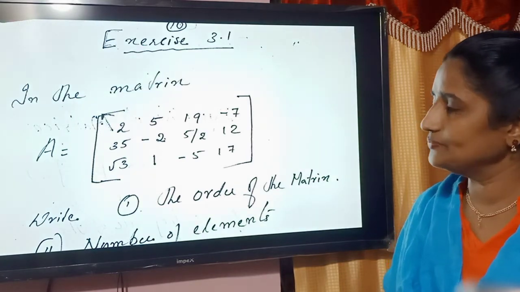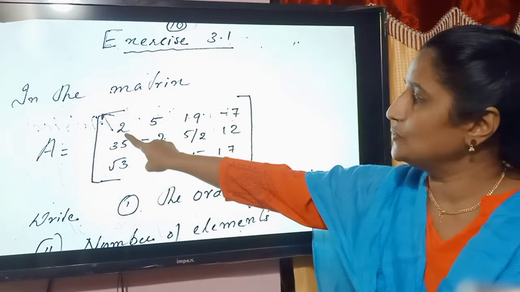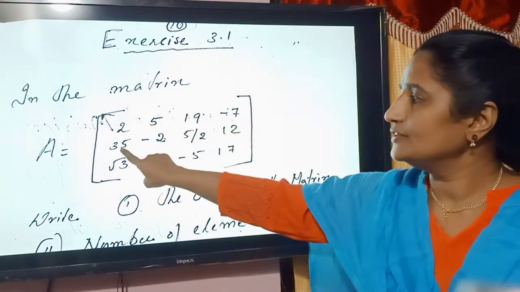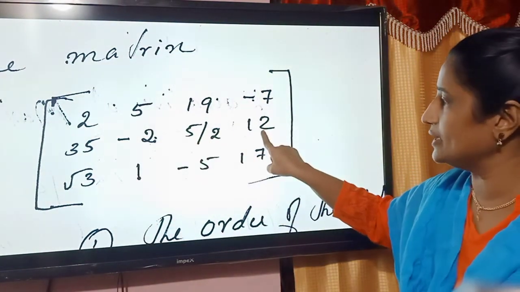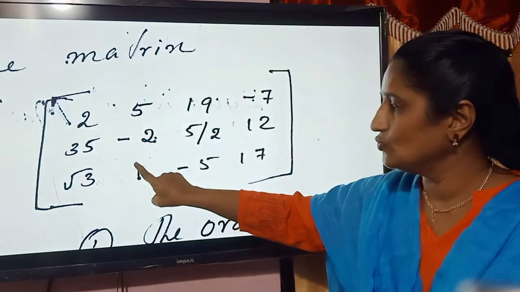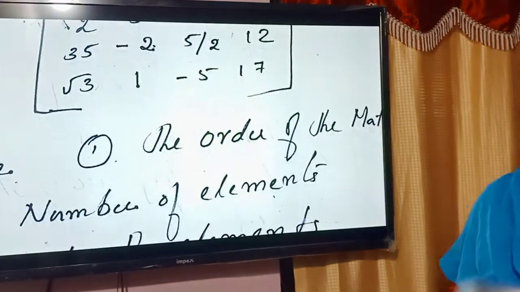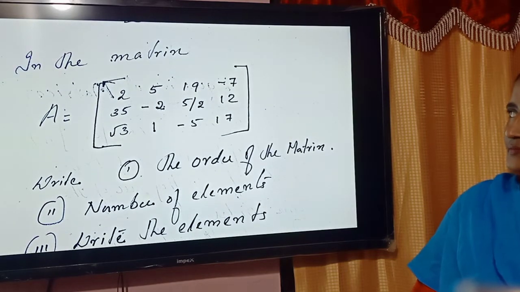In the matrix, capital A is equal to 2, 5, 19, minus 7, 35, minus 2, 5 by 2, 12, root 3, 1, minus 5, 7. Not this matrix. Write this matrix. In the matrix, capital A is equal to